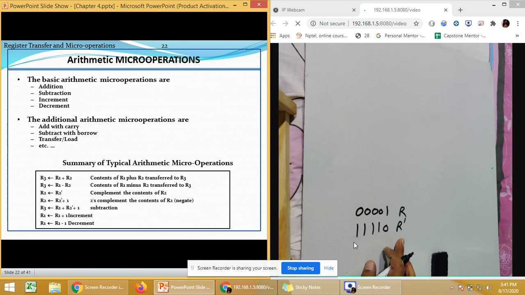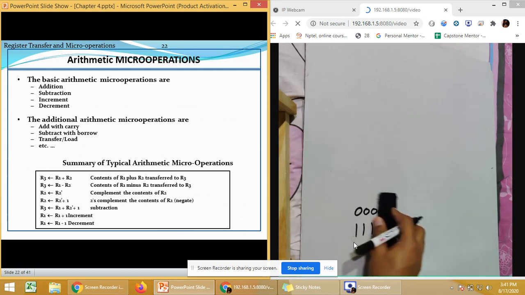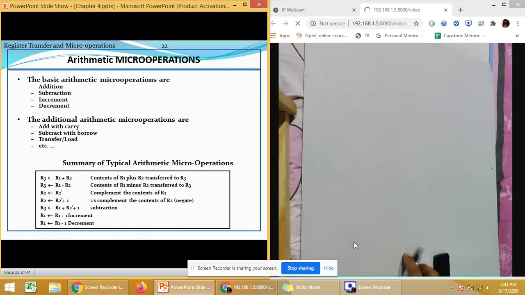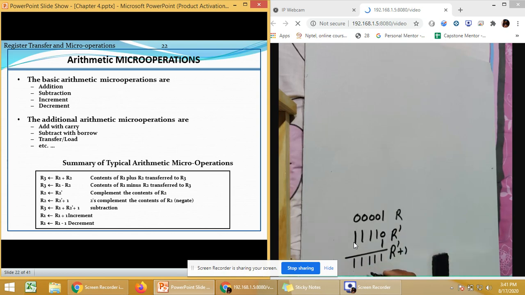This is equivalent to the complement of R. Then we have 2's complement. Now what is 2's complement? If this is the content of R, then the value of R dash will be 1, 1, 1, 1, 0. If it is R dash plus 1, then it will be just adding one value at the end, and performing the sum, it will be 1, 1, 1, 1, 1.